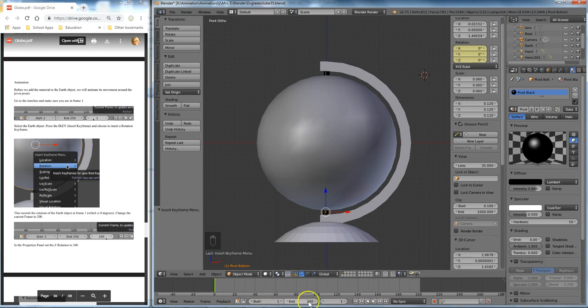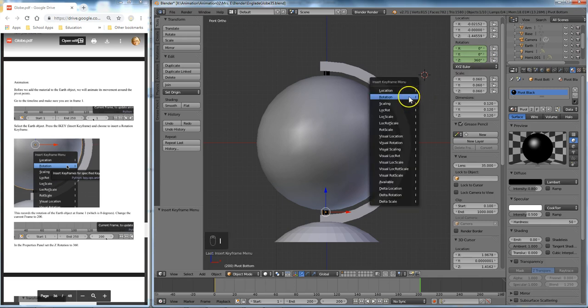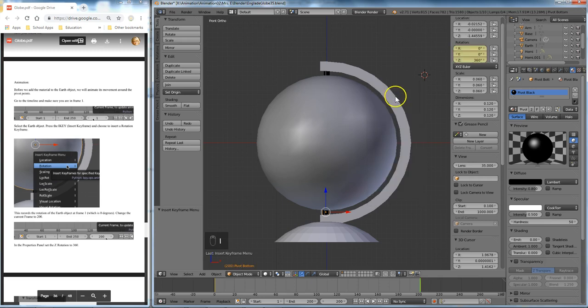Then they want us to go to our last frame, 200. And what they want us to do is do a Z rotation of 360. So in between frames 1 and 200, we're going to rotate this globe, one full rotation. Don't forget to hit I. And then put your rotation keyframe in there. So if I were to go and hit play,